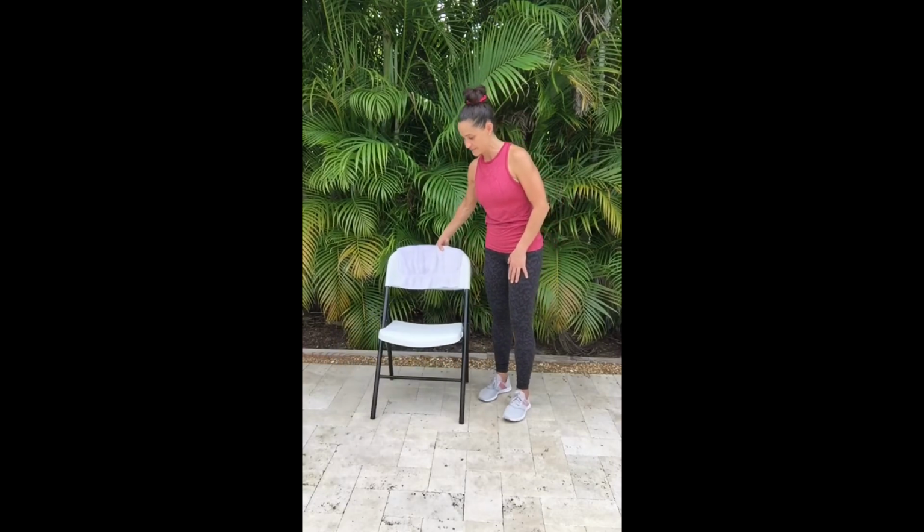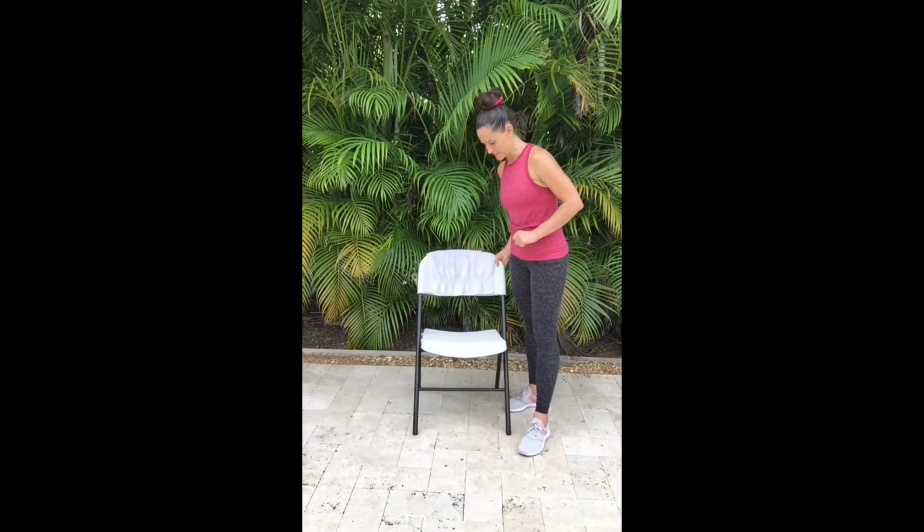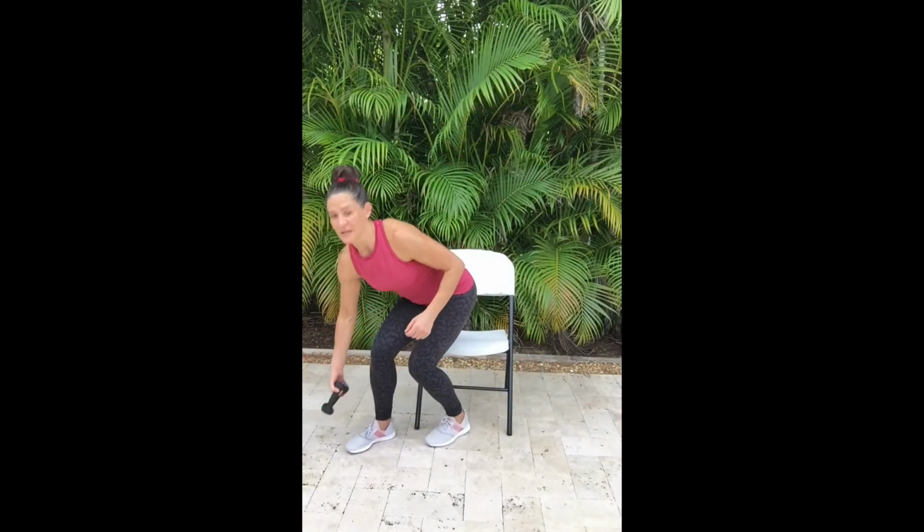We're almost done this exercise for today, guys. Your chair, you can use it. You can sit in your chair for this exercise, or you can do this standing with your feet hip distance apart. It's totally up to you, all upper body. I'm gonna sit this time. Take your chair and grab your light weights. Remember, if you don't have light weights, you can use water bottles. So standing with your feet hip distance or sitting with your knees and ankles together, this is also for balance,